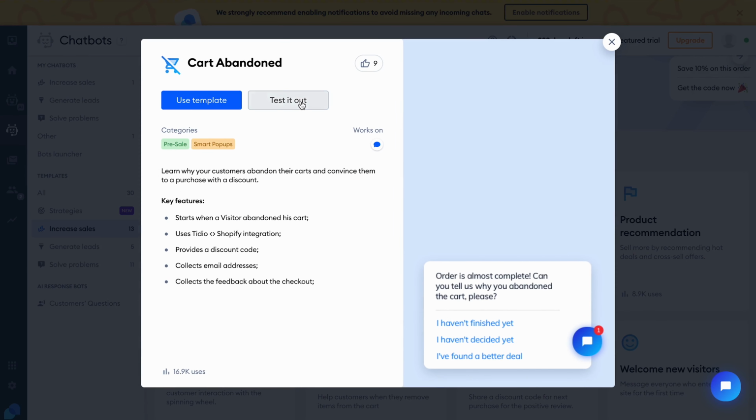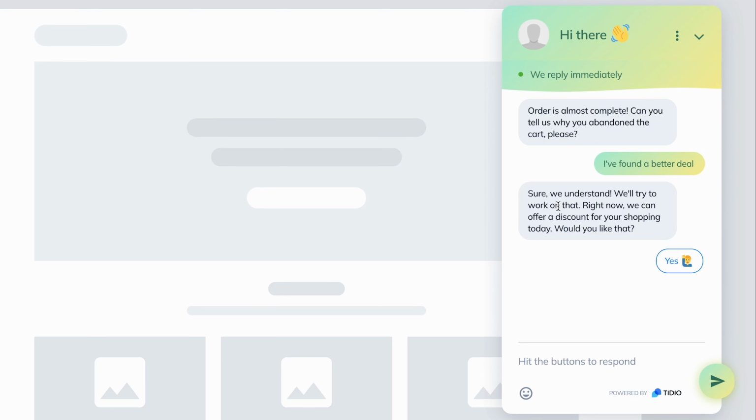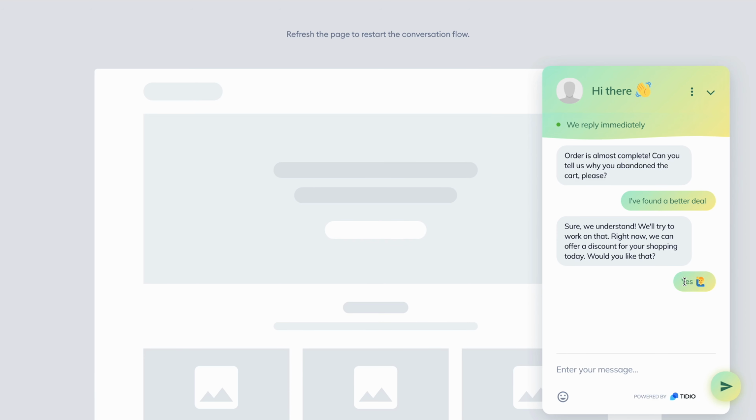We can test it out in here if you wish. Order is almost complete. Can you tell us why you abandoned the cart, please? Let's say I found a better deal. Sure, we understand. We'll try to work on that. Right now, we can offer a discount for your shopping today. Would you like that? I will click on yes, and they will be offering a discount for me on the